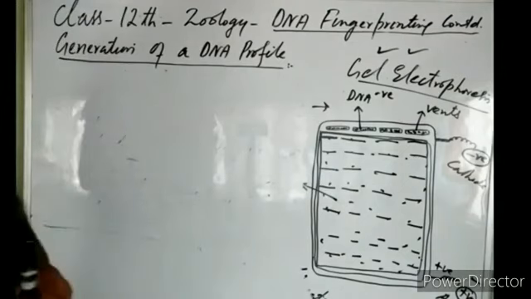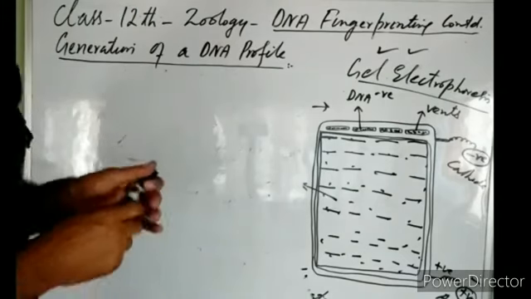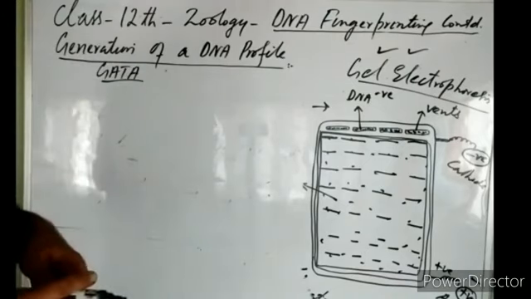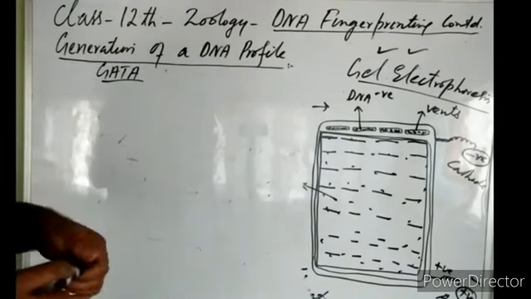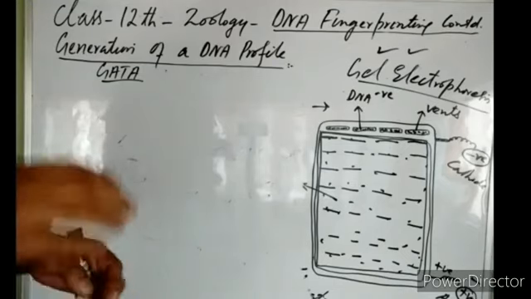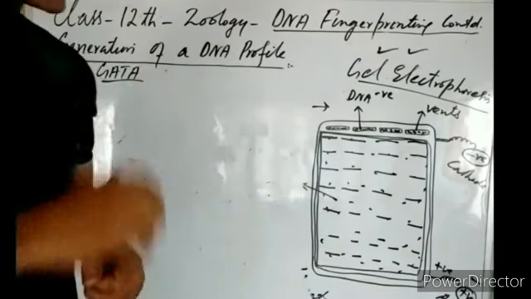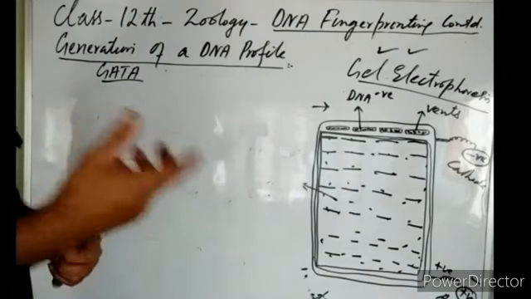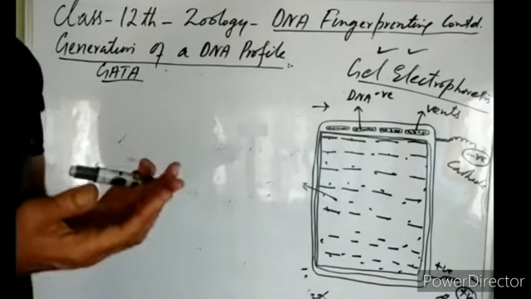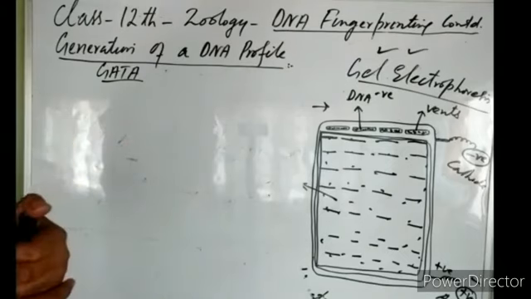After Southern blotting, now they have to find a specific sequence. Suppose they have to look for the GATA sequence in this DNA. Forensic scientists have to compare the DNA, so they have targeted the GATA sequence. They have to look where the GATA sequence is present in this DNA, right? Which fragments of this DNA contain the GATA sequence. So how will they come to know where the GATA sequence is? They cannot see it with their naked eyes, or through any microscope. They have to locate it by some special technique.